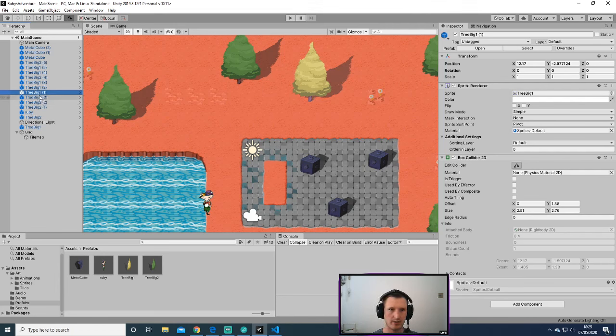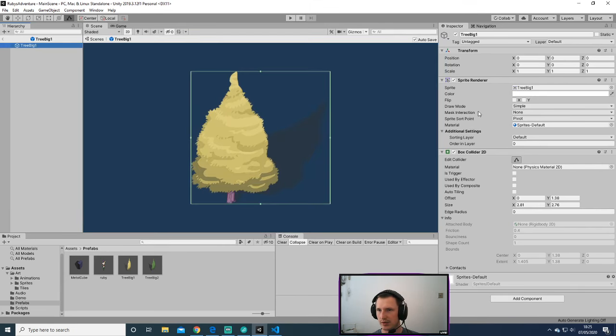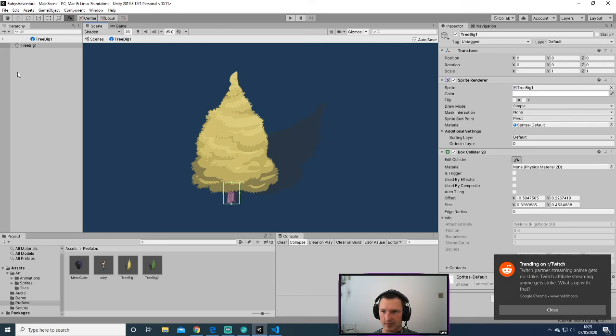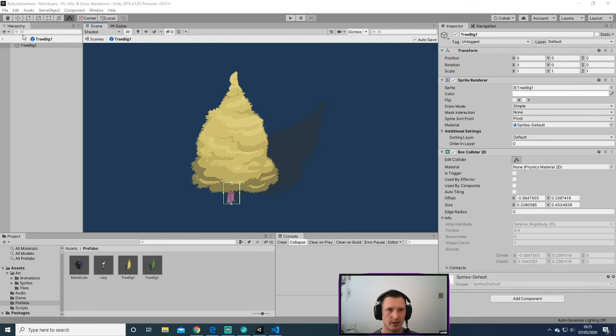Tree big. Big one. Go do it in this view, the prefab view. Yeah. Bring that in. And then we'll bring that in. And the collider down. So we want it to go behind the tree. So we'll do that. Save that. Get that. Now if we go back to the scene,